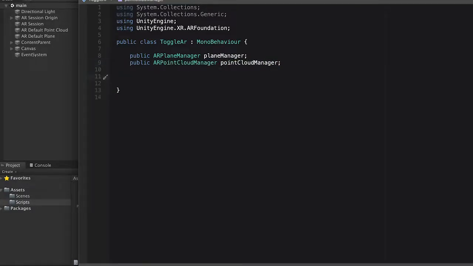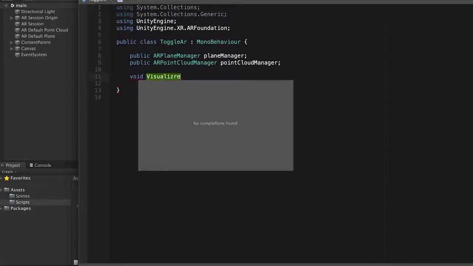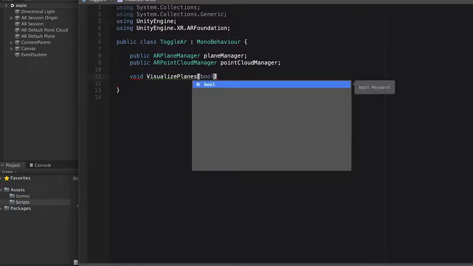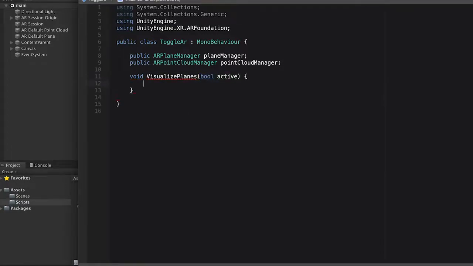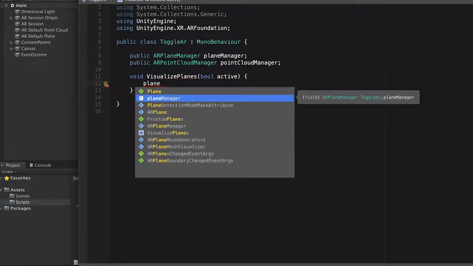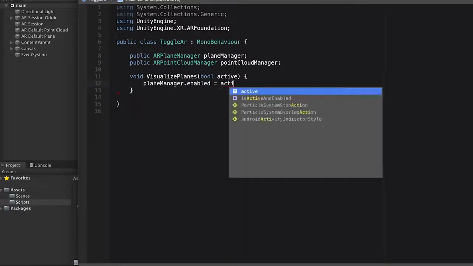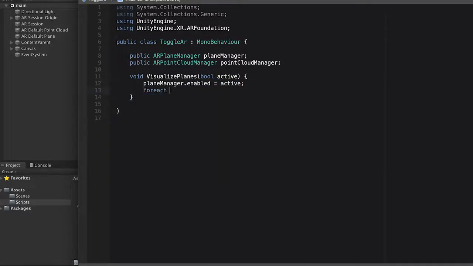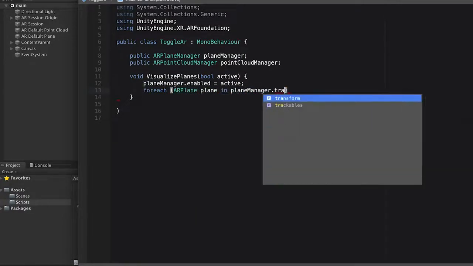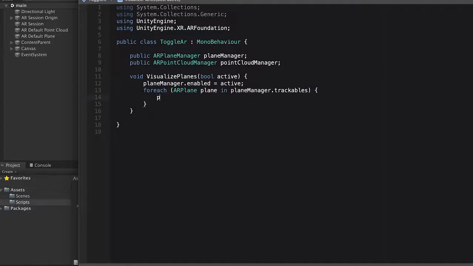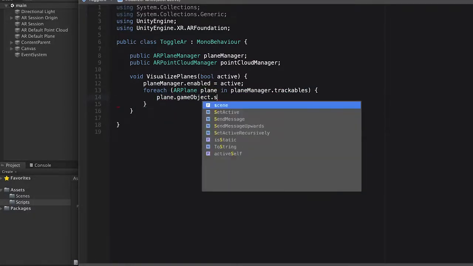And then we need to make a function for visualizing the planes first of all. That function is going to take a bool, which is our desired active state. And then from here, the first thing we need to do is planeManager.enabled equals active. In the case that it's false, that handles making sure any future planes aren't created. And then loop through each current AR plane in planeManager.trackables and set that game object to